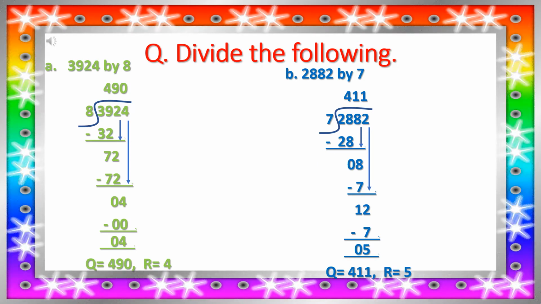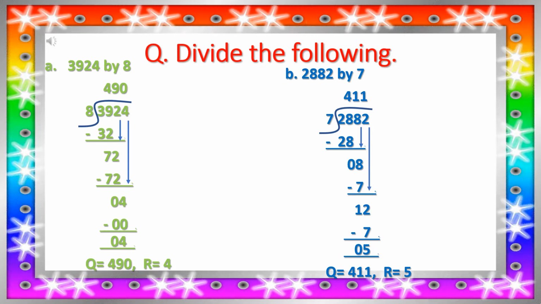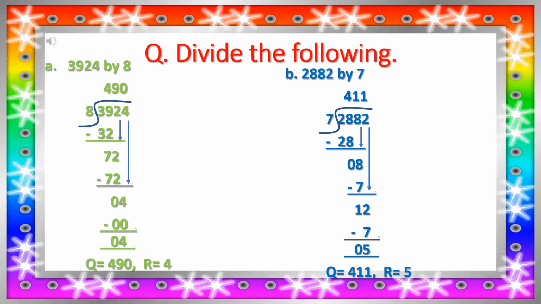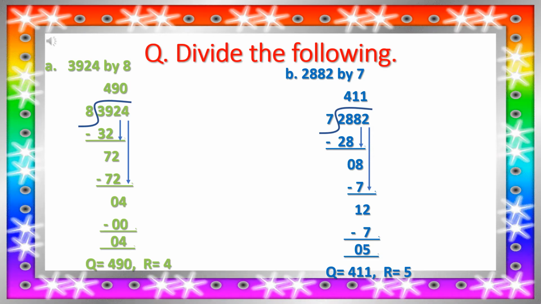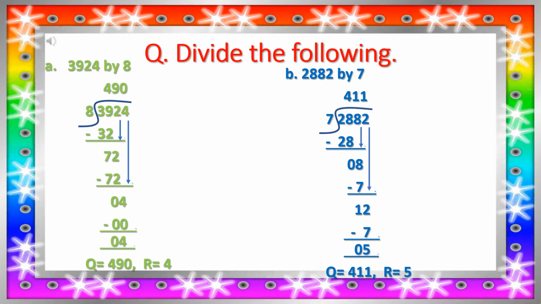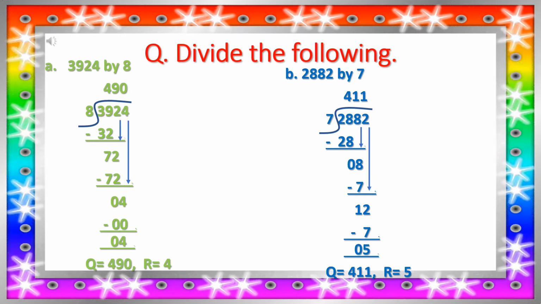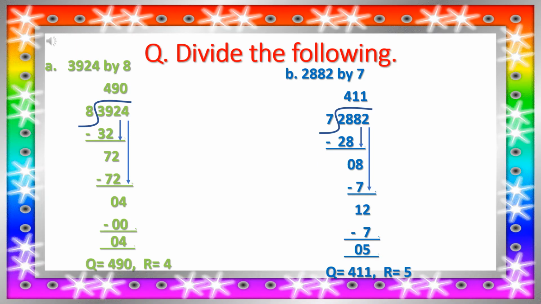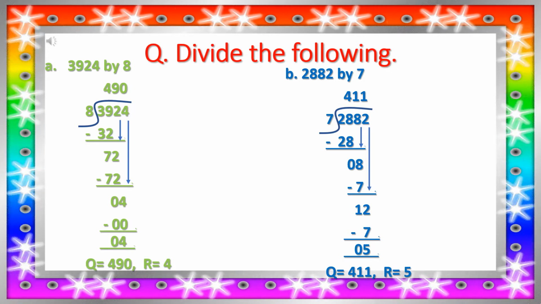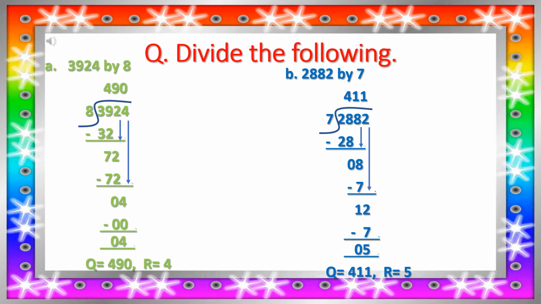Now we will bring down 4. Now as 4 is smaller than 8, so it cannot be divided by 8. So we will put 0 as quotient and write zeros under 4. And now we will subtract it. 4 minus 0 is equal to 4. So our answer is quotient is equal to 490 and remainder is 4. Now next example is